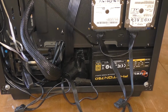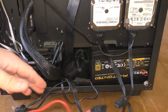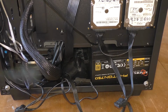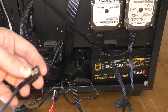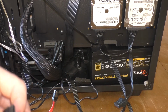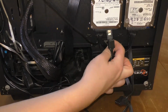Now that we're done running power to our hard drives, we need one more vital thing. Cables. These cables are known as SATA cables. You can plug one end into your hard drive, and then it sends the information from your hard drive to your motherboard, and then you can access it there. What you're going to do is you're going to plug one end into your hard drive,